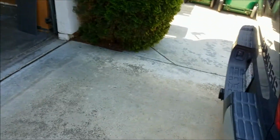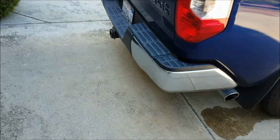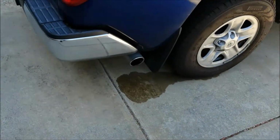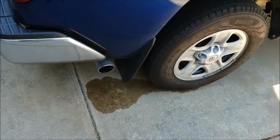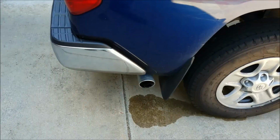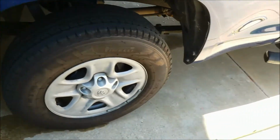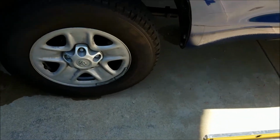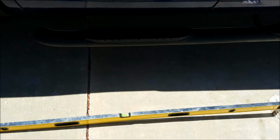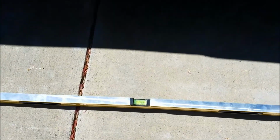Okay. One of the sets of instructions I found online, most of them, the only difference was the temperature of the fluid. One of them said you should be within 1 degree, plus or minus, of level. So I did some checking. My wheelbase is almost exactly 12 feet front to rear. So I got a 6-foot level in my driveway, and I propped it up at level,